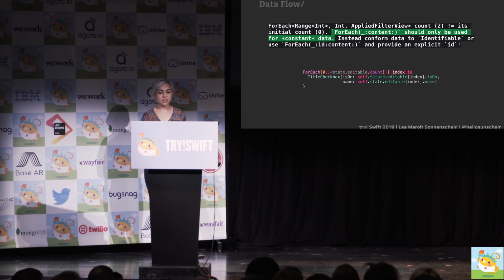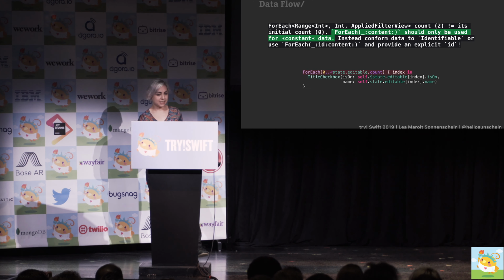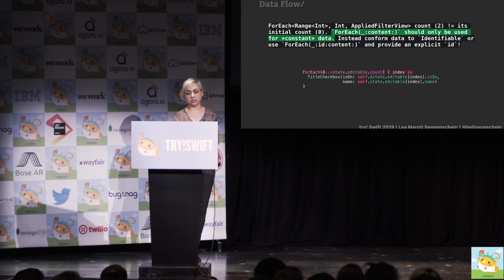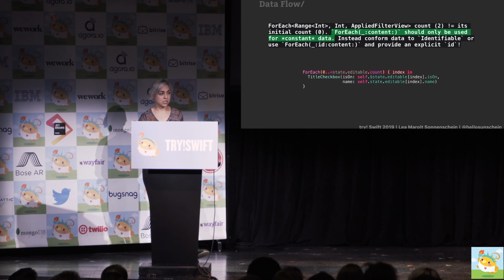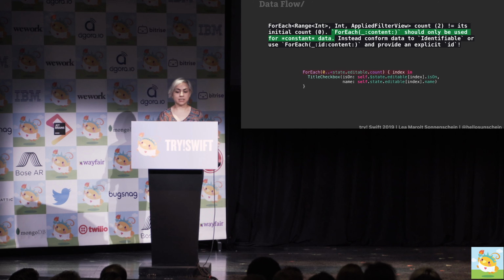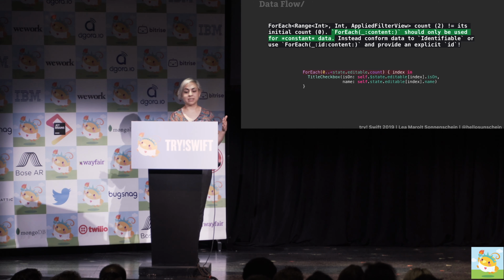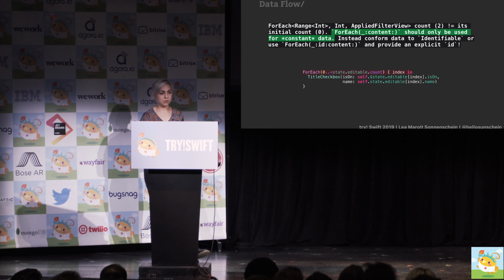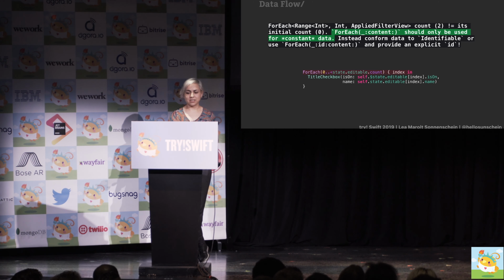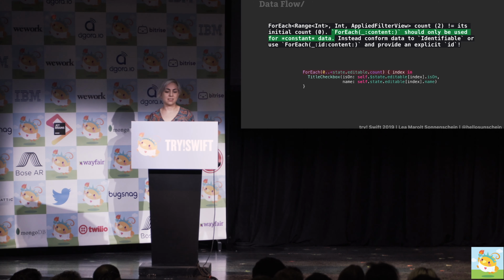Okay. Another reason why it might not be a good idea to use this enumerated version to get things working is because if the array data changes, so elements get added or deleted, you'll get a crash. ForEach should only be used for constant data. This can definitely be a problem in our scenario because we get the possible filters from the back end. So it makes one wonder if the ID in ForEach is kind of like a similar function to a cell identifier in UIKit.